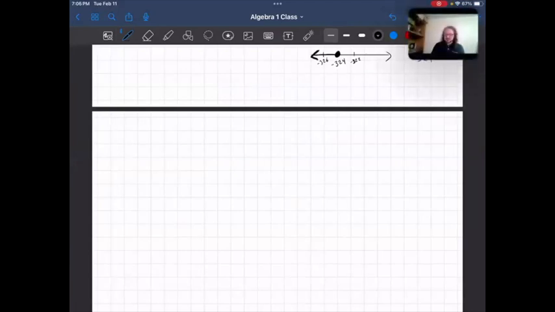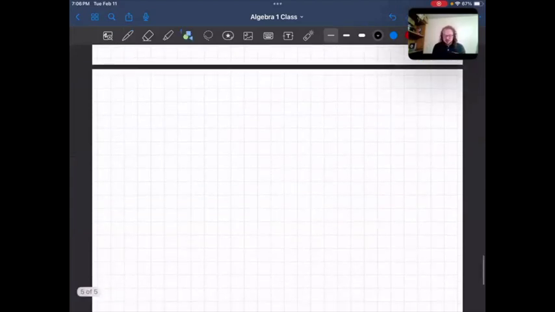All right, let's get started. We have been looking at number lines. That's how we're graphing our inequalities, where we have,